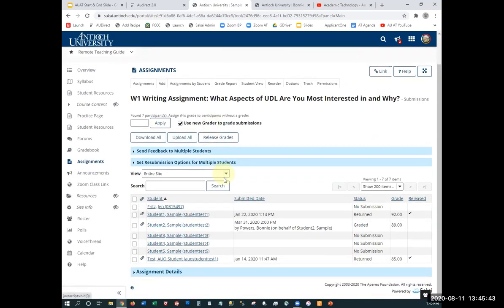It's probably likely that most of your students would have submitted their item by the due date. You can just flip through and grade each one and read it as you go. You'll see the grade appears over here. And when you go back into Gradebook